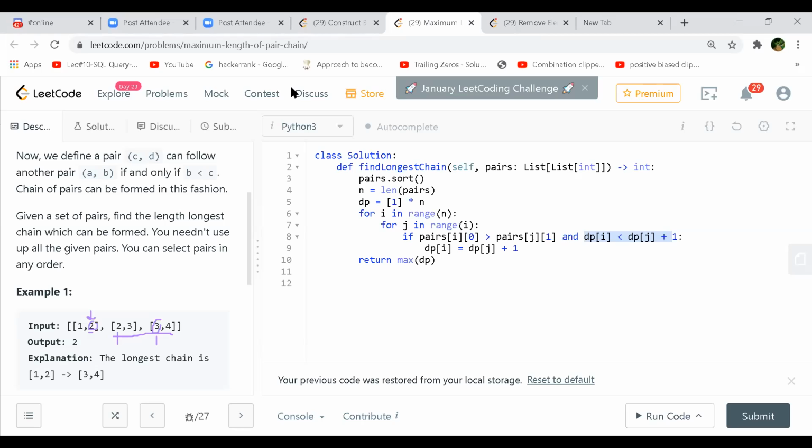But if we had another pair, something like 5 and 6, then this comparison will now come over here. So we will move ahead. This is the pair which you'll compare with, and then your next iteration will compare the start of 5 with the 4, not this one. So you are comparing with 4. 4 is smaller than 5, so you can include this pair also, right?